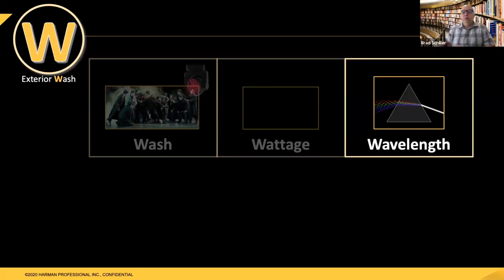Wavelength is the distance from one point on a vibrating wave to the same point on the next wave. In lighting, we use wavelength to talk about the visible spectrum. Typically, we'll say what the wavelength is to define color. So we look at the spectrum, our red, orange, yellow, green, blue, indigo, violet (ROY G. BIV), and we break it down into their different wavelengths, and we can measure that in nanometers and define wavelengths of light.